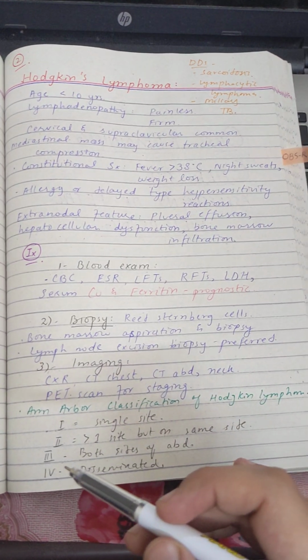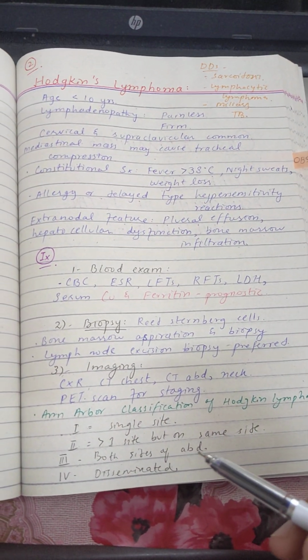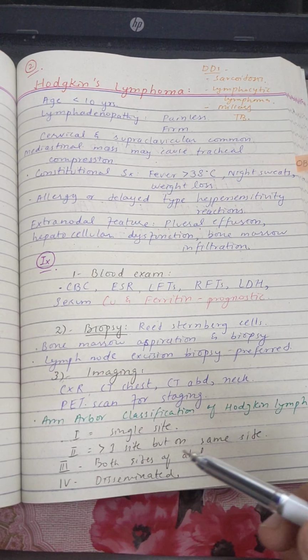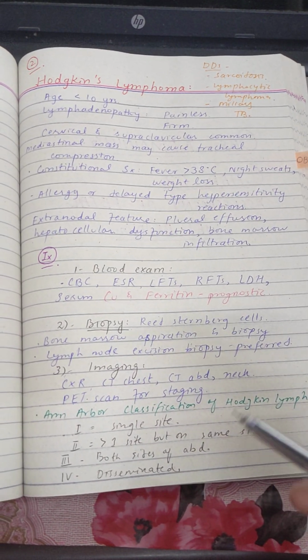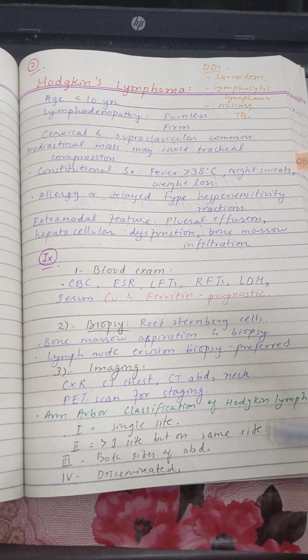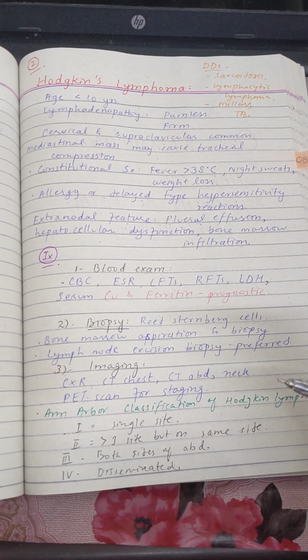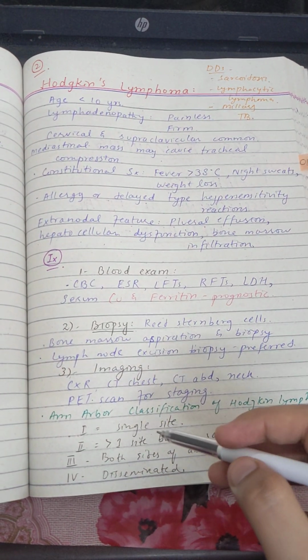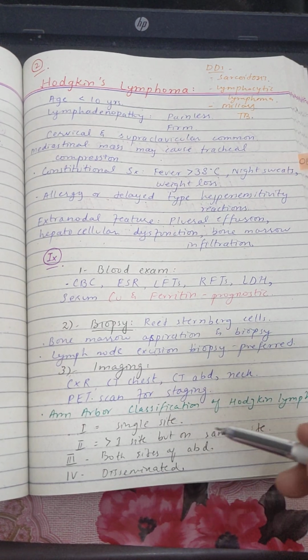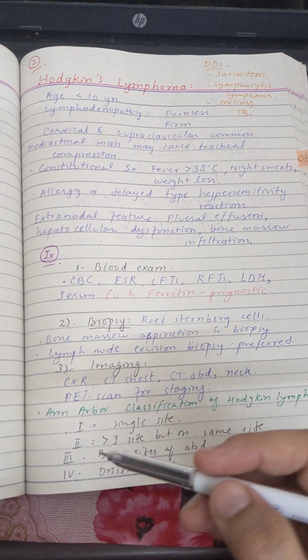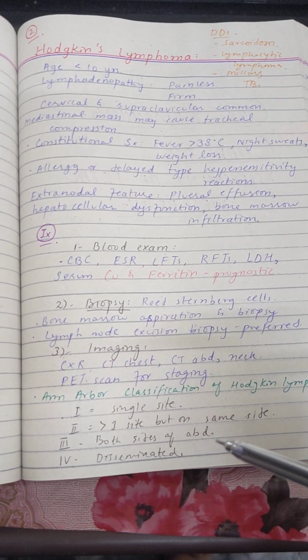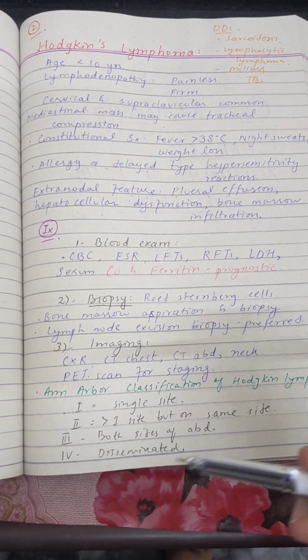Okay, and stage 3 means that both sides are affected. Basically one side means that only above the diaphragm or only below the diaphragm is affected. So stage 1 is single site, stage 2 is more than one site but on the same side of the diaphragm, and stage 3 is on both sides of the diaphragm, and stage 4 means